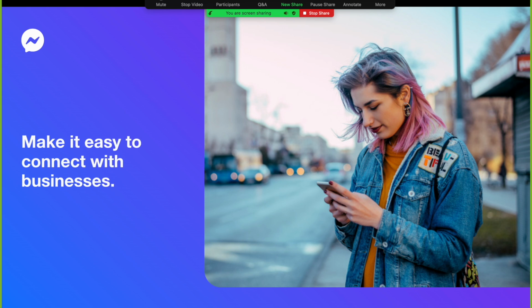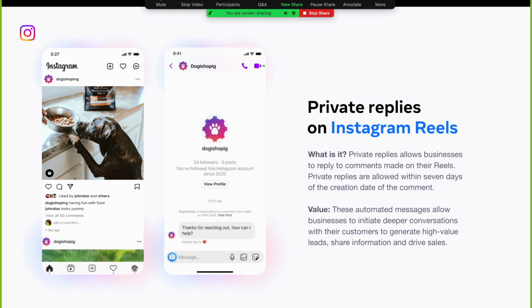So now let's talk about some of the other features that we have launched. The first one that we're going to talk about is how we're making it easy for businesses to connect with users. I'm sure you are familiar with the concept of private replies. The Instagram messaging API allows Instagram businesses to respond to messages that their account gets easily at scale, either in an automated manner or via manual responses from any inbox app you may have developed.